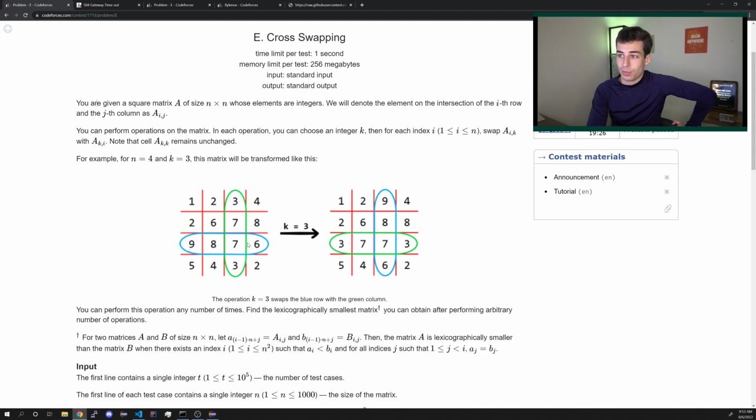All right, before you start solving this problem, you have to make a couple of observations. The first one is that the diagonals here never change, right? There's no way of changing anything along the diagonal. That's the first one. The next observation is